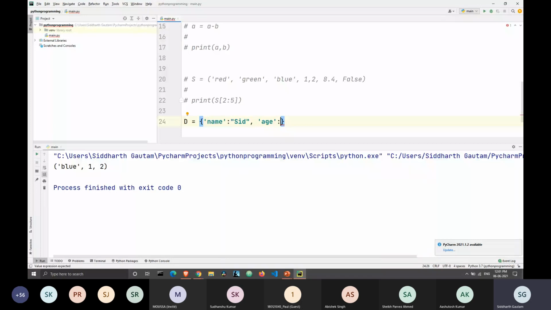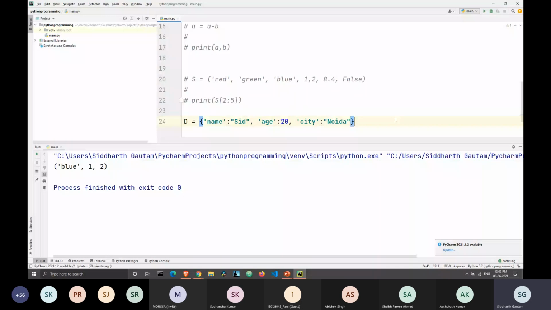Now I'm going to type age, colon, and inside my age I can write a number, 20. I'm not using quotation marks on the number 20 because it's an integer. If I wanted to type 20 as a string, in that case I would have used quotation marks. I do not have a working position as of now, so let's skip that. What else? Let's say city. I will type another key, which is city, and after the colon I will type quotes and, let's say, Noida. So this is my dictionary.